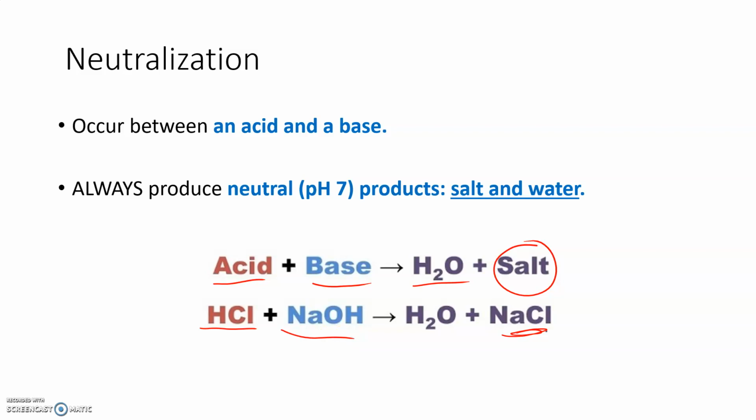Something really important to point out is this is a neutralization reaction, which means the products of this reaction are neutral. So neutral water and all salts are neutral substances as well. So low pH plus high pH makes middle pHs, neutral pHs. Okay,